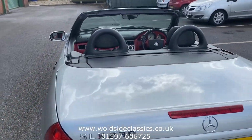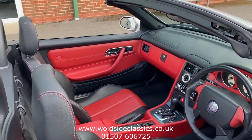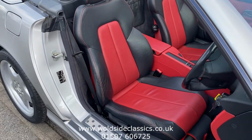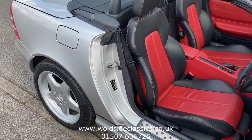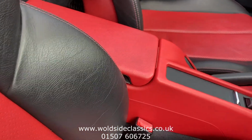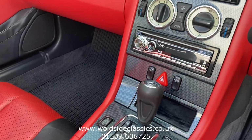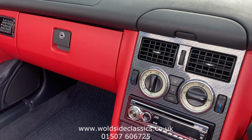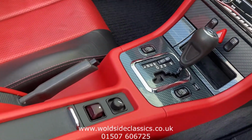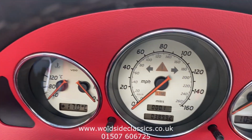Inside the car, the first thing you're greeted by is this striking red and black leather upholstery, which is in superb condition. Centre console and dashboard are also blemish free. We've got the anthracite carbon look moulding on the centre there, air conditioning, JVC stereo, automatic transmission obviously, cruise control, showing 38,992 miles,